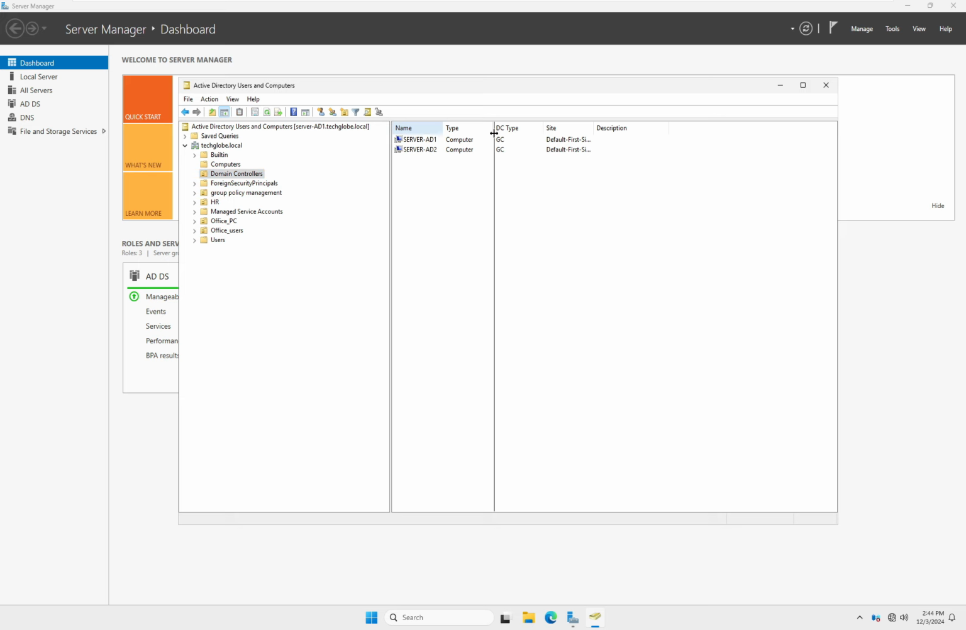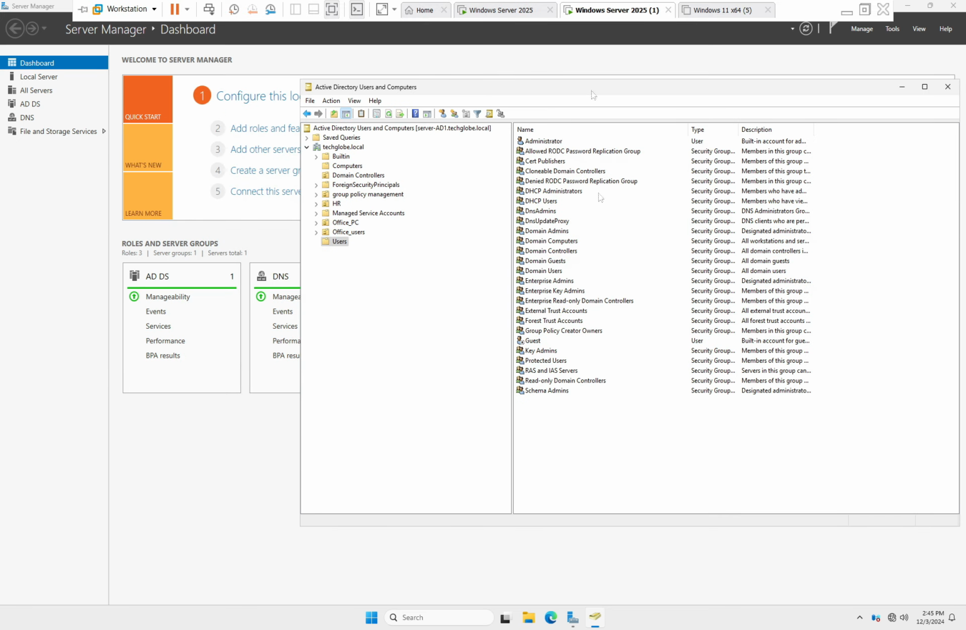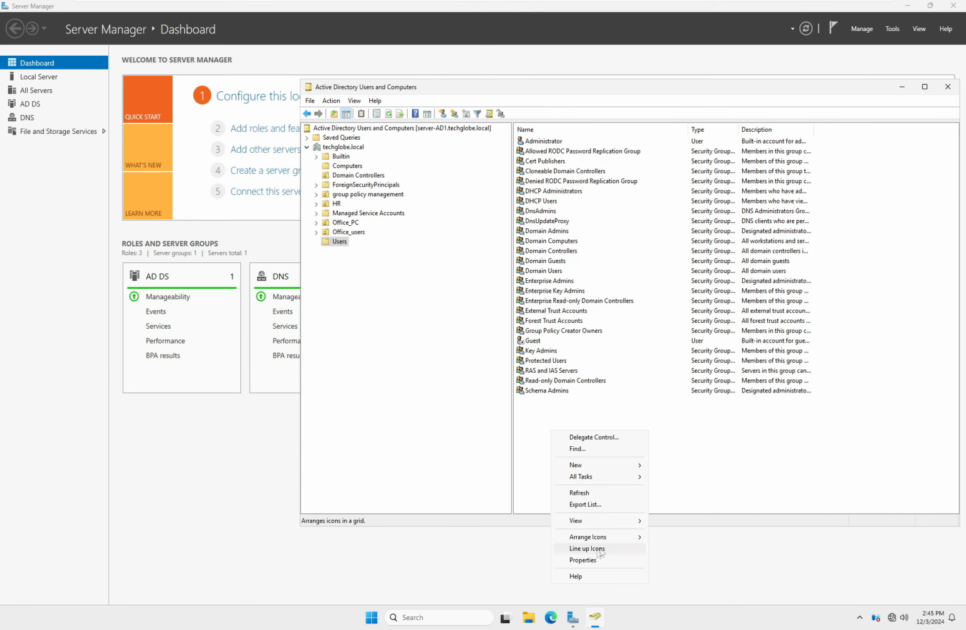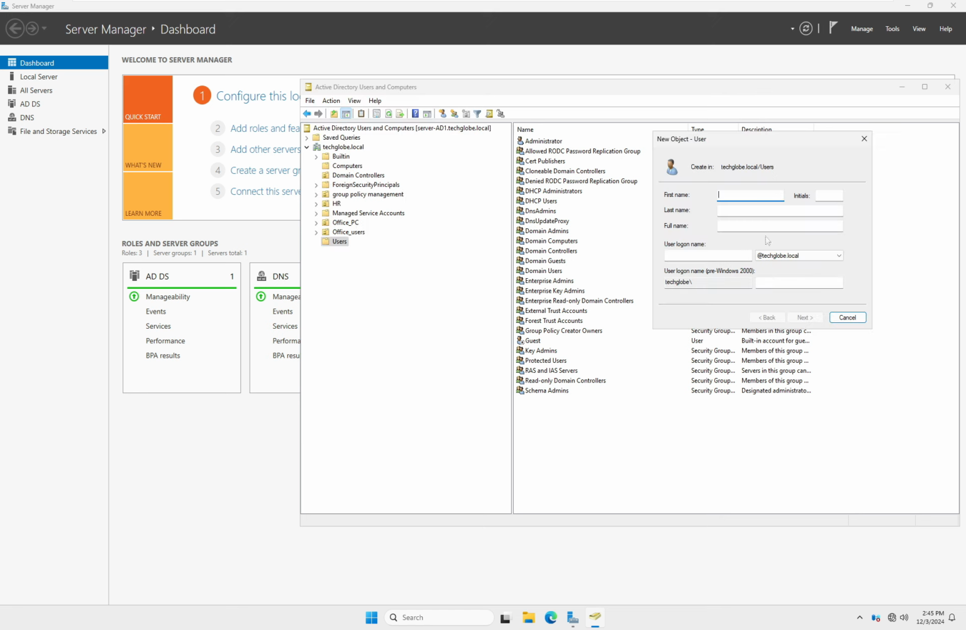Okay, these two are the domain controllers. If I go to the users, you can see a list of users and admins and security groups here. So I will show you the replication here. If I go to create a new user, for testing purposes I'm going to create